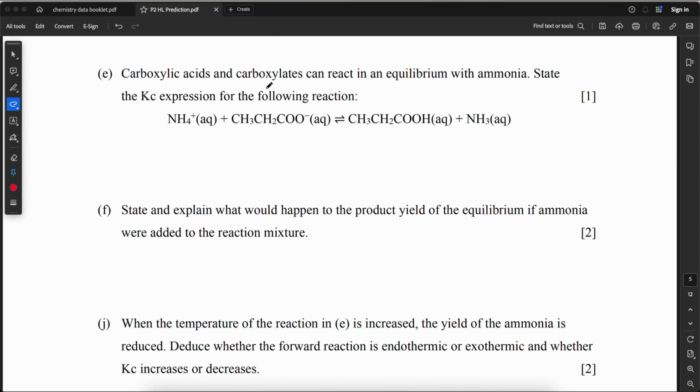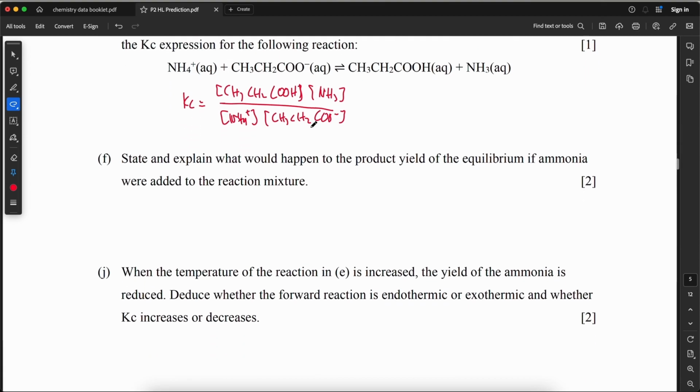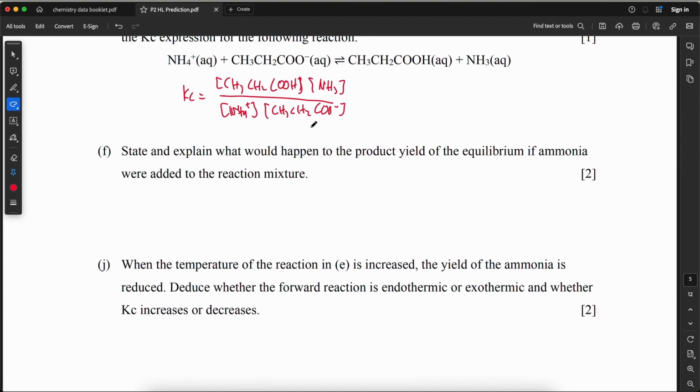Carboxylic acids and carboxylates can react in an equilibrium with ammonia. State the Kc expression for the following reaction. So Kc would be CH3CH2COOH, and then NH3, NH4 plus, and then CH3CH2COO minus. State and explain what would happen to the product yield of the equilibrium if ammonia were added to